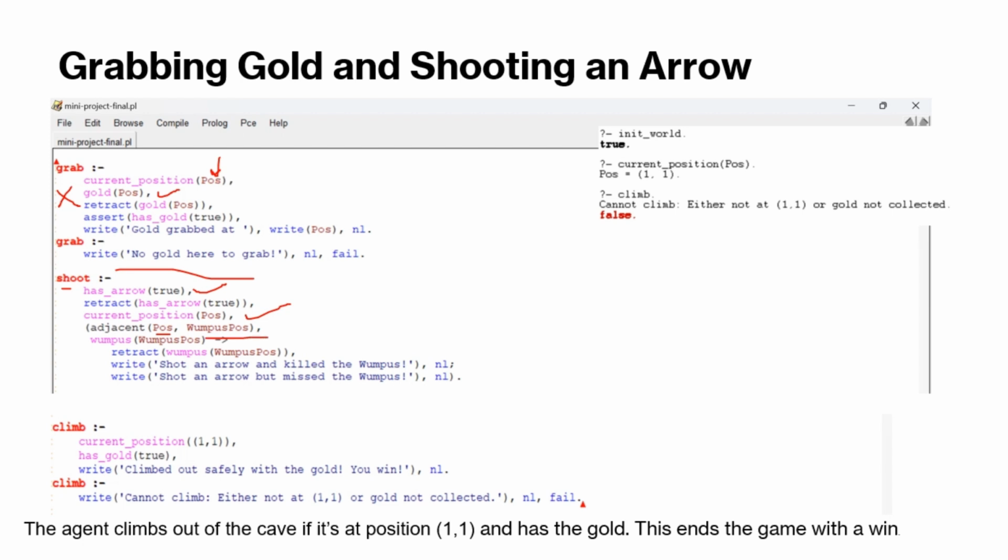It also checks if the Wumpus is where it must be, like we have introduced the Wumpus in the 3-3 cell. So if the Wumpus is in the same cell that we have defined, and the condition becomes true, then we say that